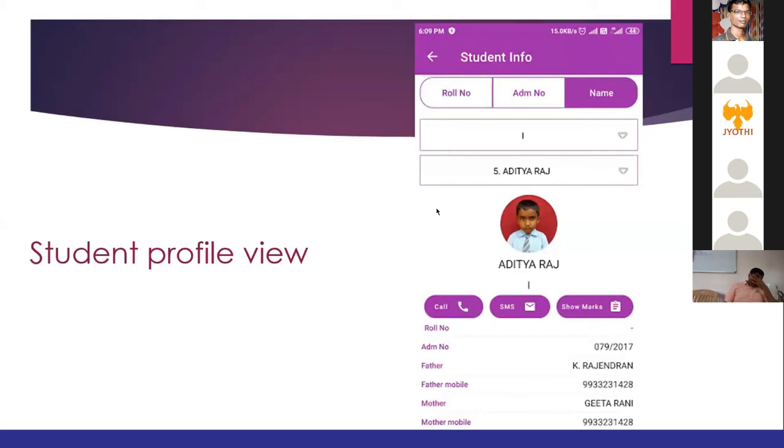Any other questions? Thomas, who can add the mobile number for the student? When we are admitting a student, when we are creating the student profile, at the same time we can enter the student mobile number. If you want to update, we can update, but that provision is in the desktop application, not in the mobile. We can update the mobile number, but not through the mobile app, just through the desktop application.